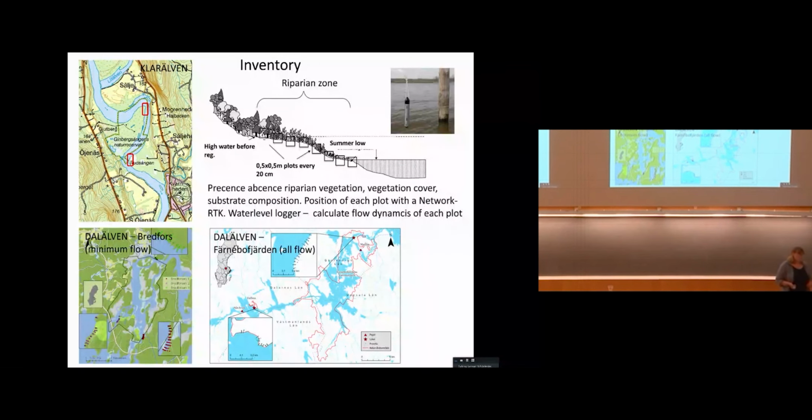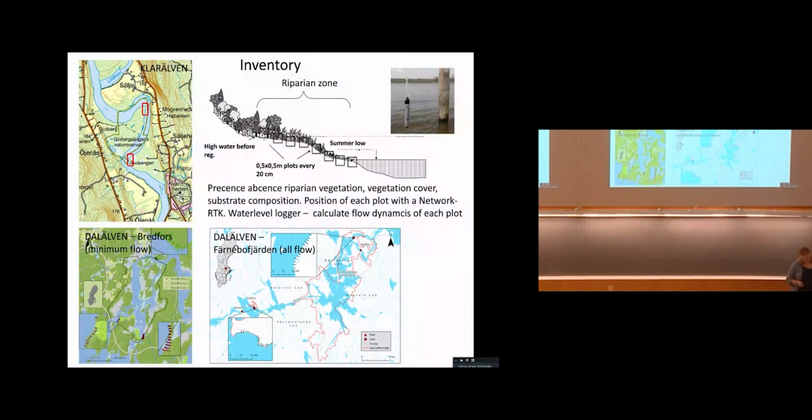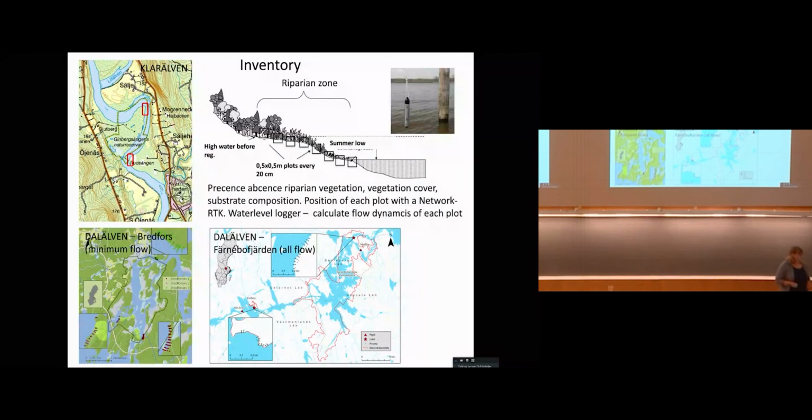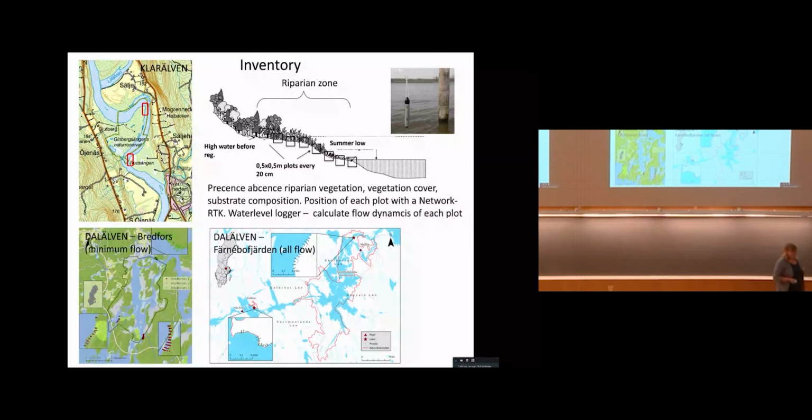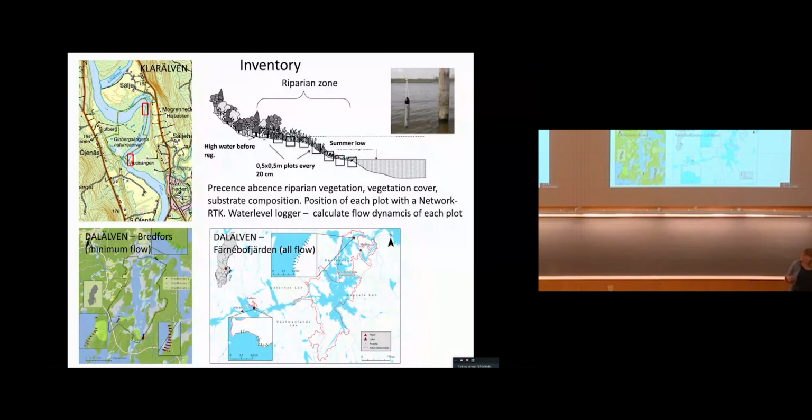We place vegetation plots over the entire riparian zone, from the high summer water before regulation going down to the summer low water. We place them 20 centimeters apart, so we cover the whole riparian zone. Then we position them with a network RTK, so we get a very exact position. And then we have water level loggers and so on, and calculate the flow dynamics in each plot to be able to do this flow-vegetation relationship